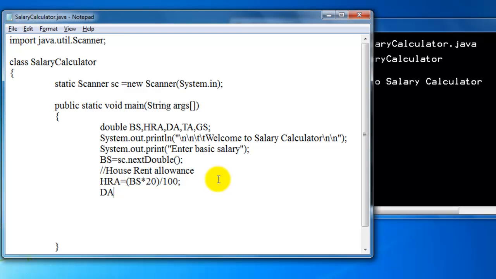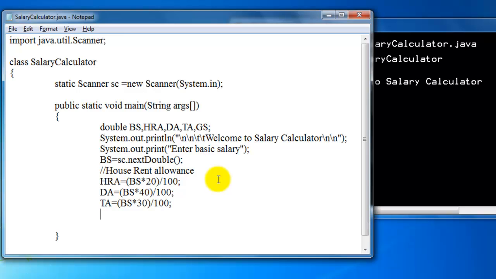Similarly, calculate DA equals basicSalary * 40 / 100, and TA, the traveling allowance, is 30% of basic salary. So basicSalary * 30 / 100.